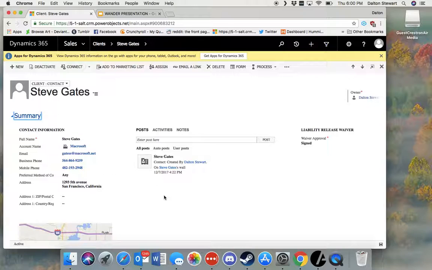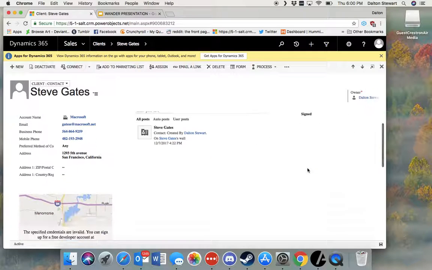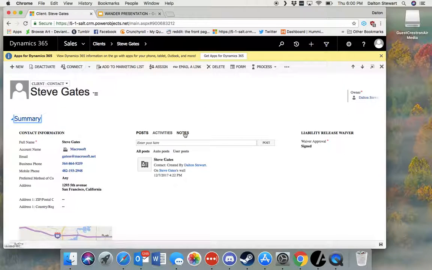He's from Microsoft, which sometimes, as a company as a whole, uses Wonder for some of our vacation packages. We have Steve's email here, gates@microsoft.net, his business and mobile phone numbers, and mailing address right here. We have a confirmation that he does have a signed waiver.